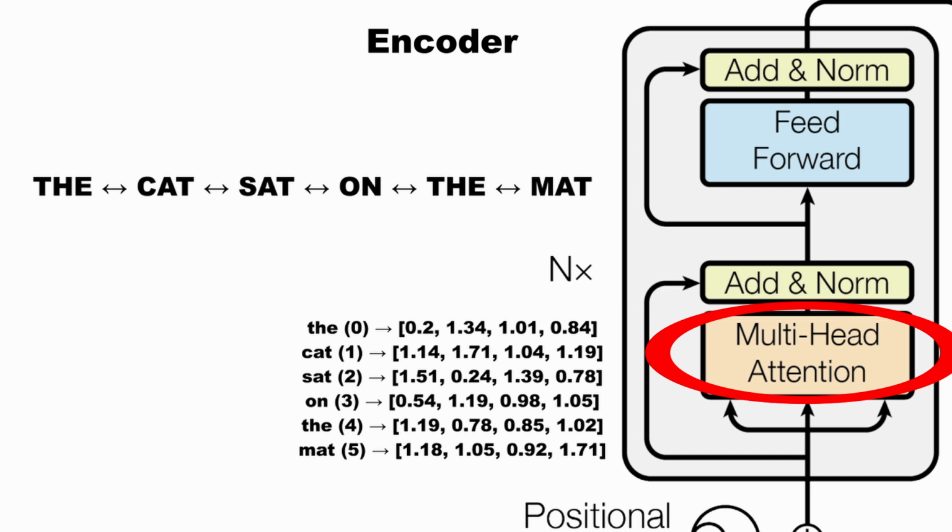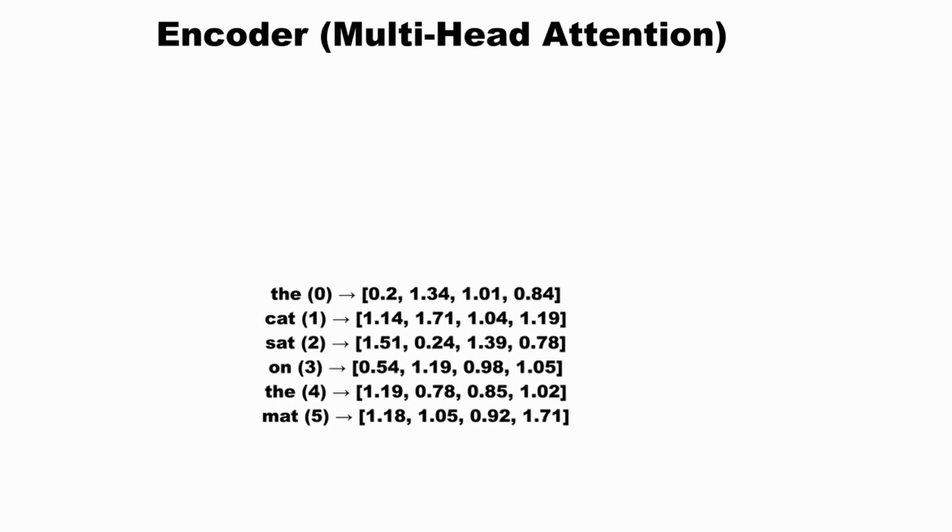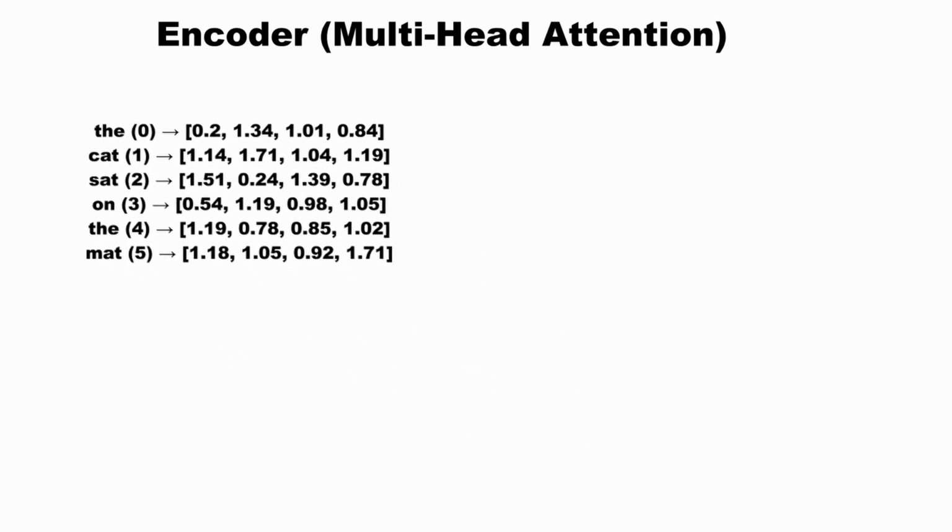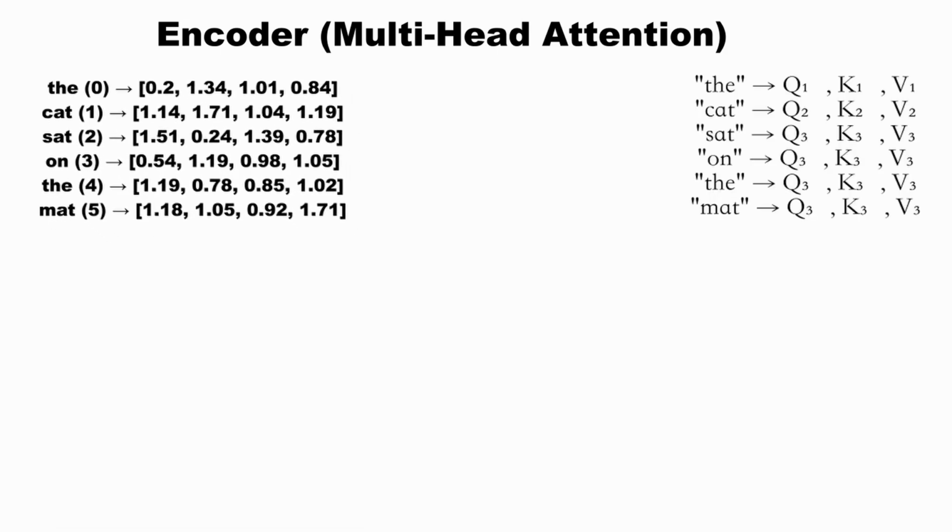The cat sat on the mat. For example, when the model looks at the word cat, it should realize that sat is the verb that it connects to, and the is its article, mat is the object, and so on. To make this work, the model creates 3 different vectors for each word by multiplying the word embedding by 3